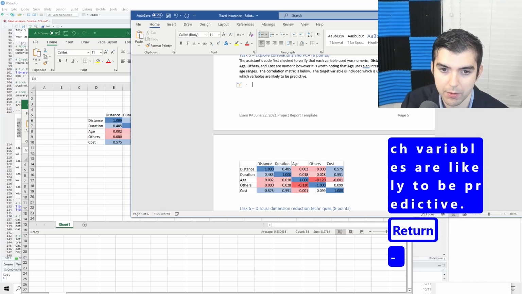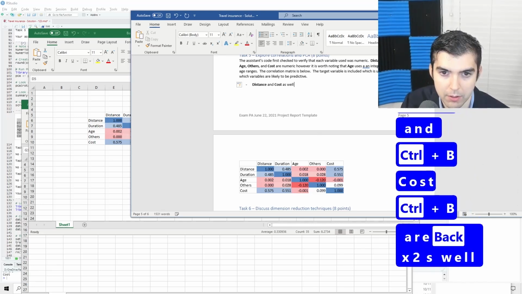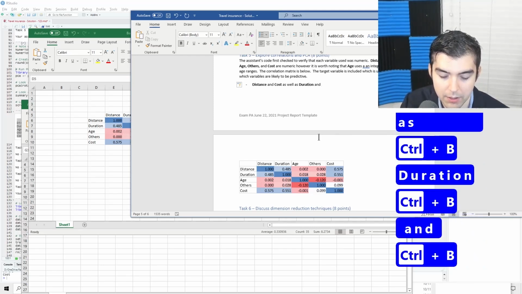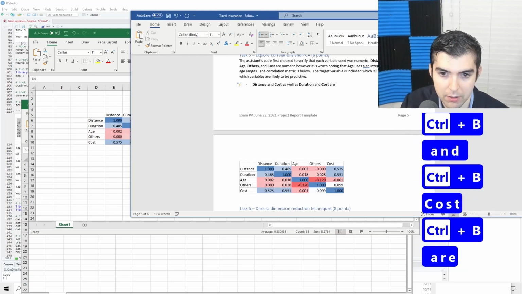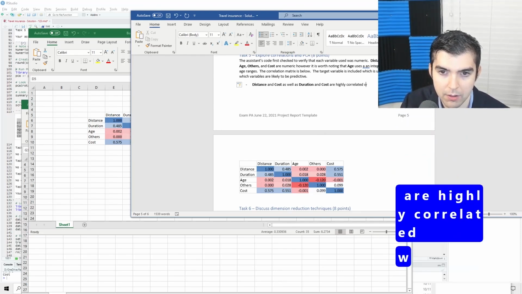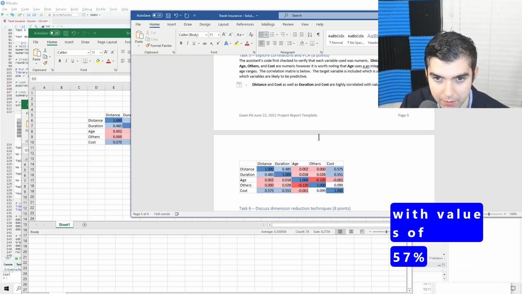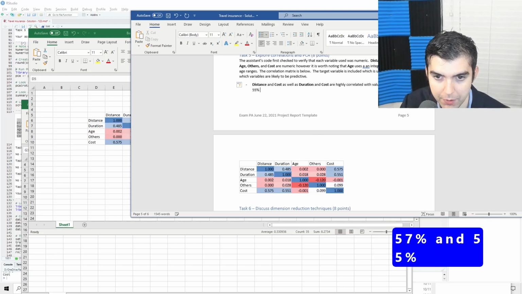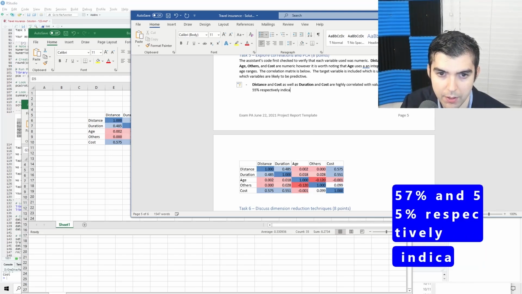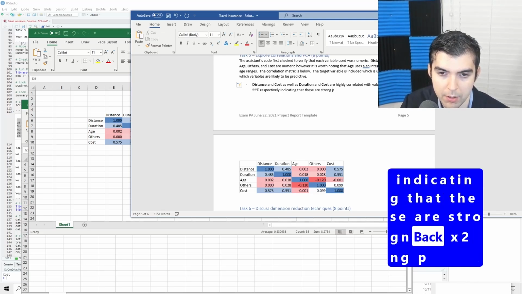So, for example, distance and cost, as well as duration and cost, are highly correlated, with values of 57% and 55%, indicating that these are strong predictors.